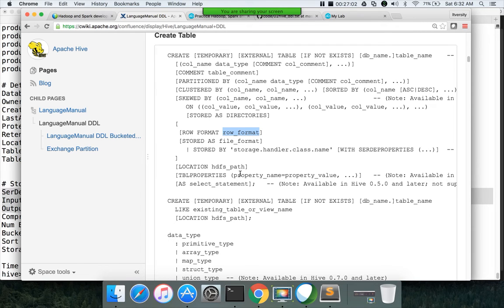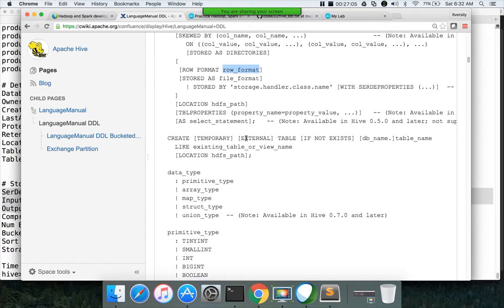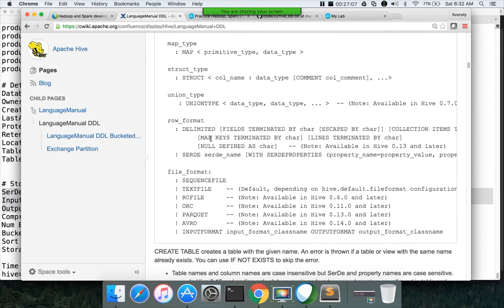So there will be a row_format clause, and for that actual details will be given somewhere else, typically below. Here, after row format, it starts with delimited, fields terminated by. If you want to delimit your data when applying the structure on the table, you have to use fields terminated by and lines terminated by, to tell what is the delimiter between the rows and how the nulls are defined. All these things are taken care of by this delimited.